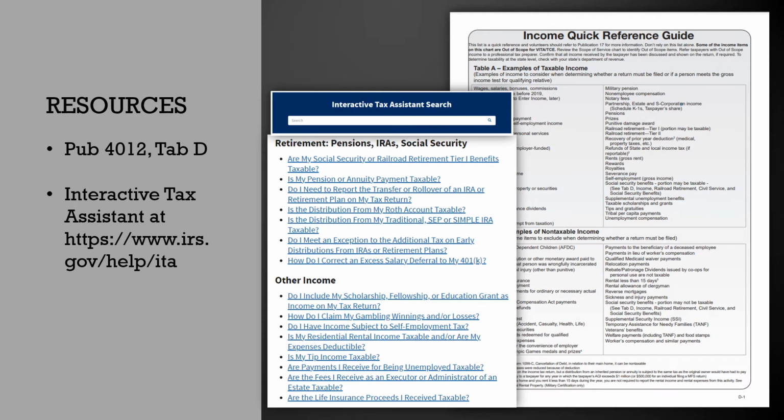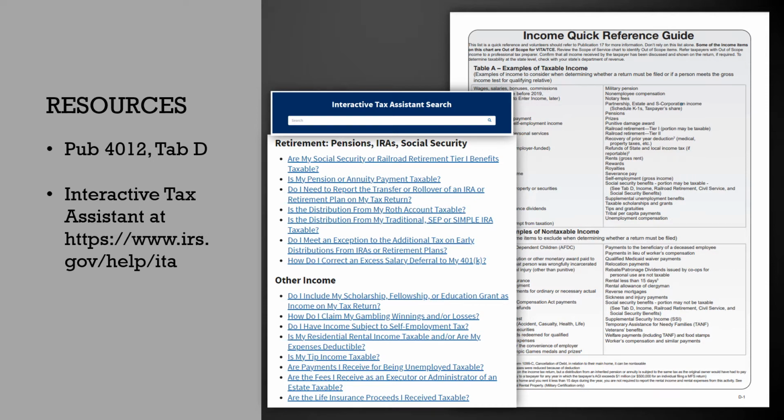Now, the list that I just gave you is not exhaustive, but I think those are the sources of excluded income that we'll most likely see through our program. But we do also have our Publication 4012 in Tab D. There's a quick reference guide that gives some other examples of taxable and non-taxable income. As well, there is Interactive Tax Assistant.